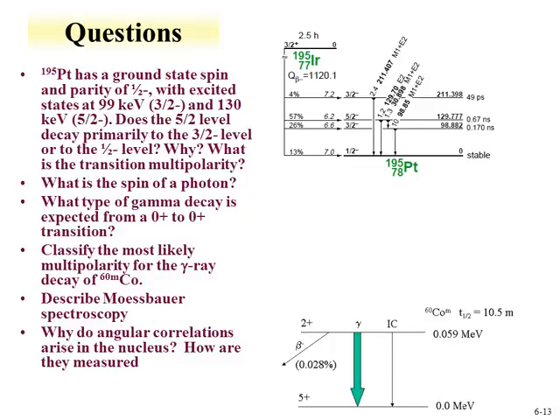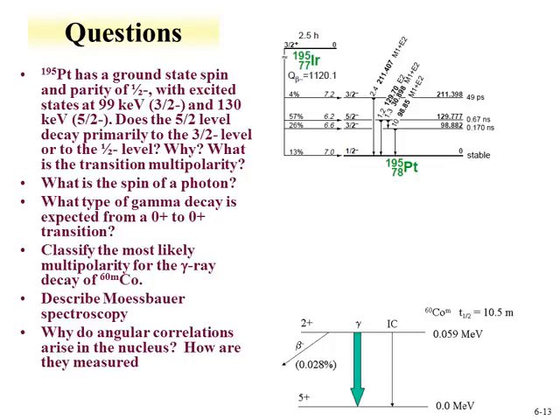Another type of question would be classification of the multipolarity of gamma ray decay, for instance what's shown here for cobalt-60m, the metastable state of cobalt-60. This state is a 2 plus state to a 5 plus state, so the transitions would be 5 minus 2, which is 3, or 5 plus 2, which is 7. The same parity, so the E's are the even and the M's are the odd transitions, so we'd have M3, E4, M5, E6, or M7 as possibilities. And as we learned, the lower multipolarity is the one that's most likely, and you could check